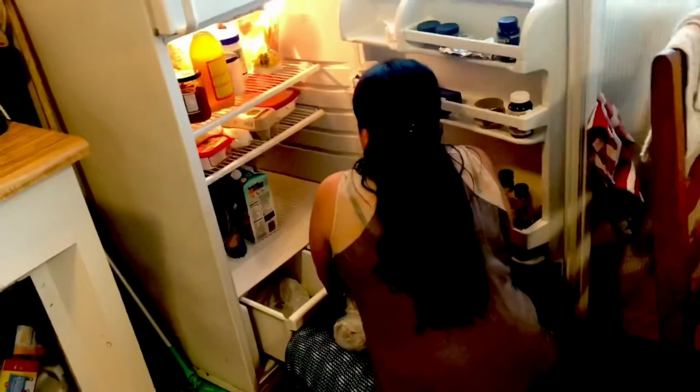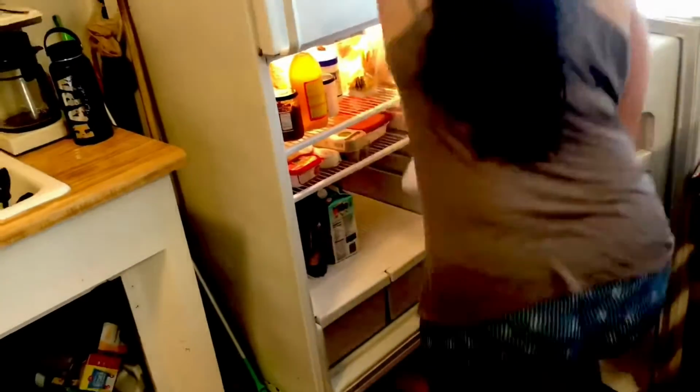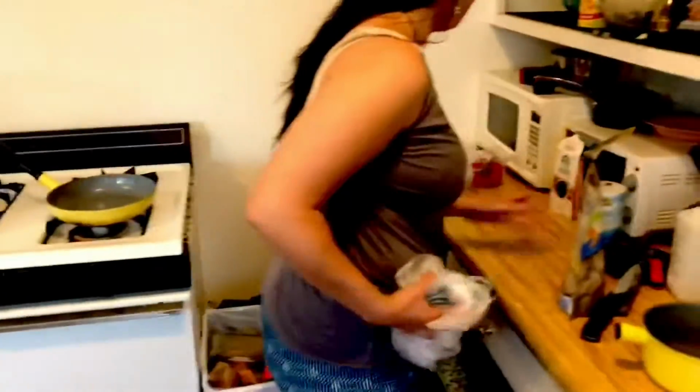Apple cider. You want an apple in there? We're not putting an apple in our shrimp scampi. So...